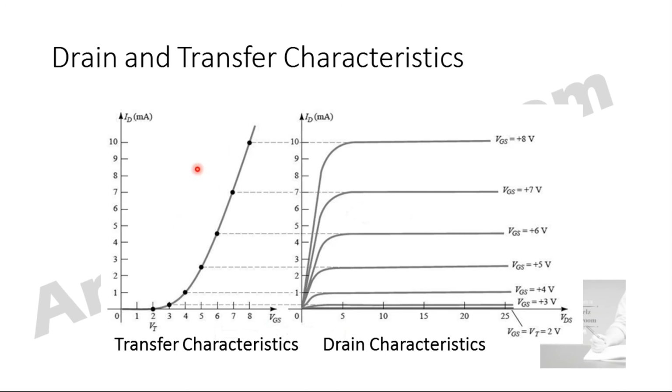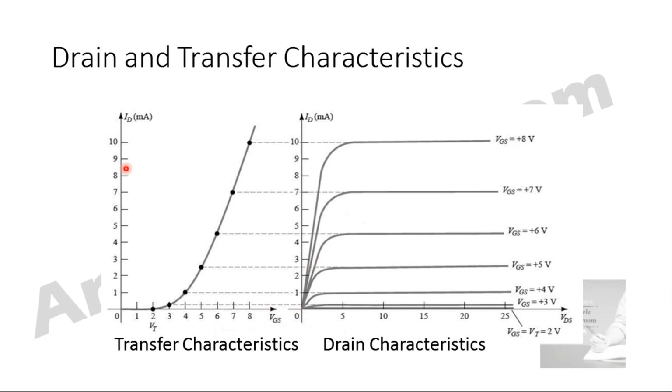So these are the drain and transfer characteristics. On the right hand side, you will have the drain characteristics, and VDS is drawn in the positive region. When VGS is equal to VT, that is your threshold voltage, only at VGS equal to 2 volts is the drain current produced and a graph is drawn. For consecutive constant values of VGS, I am going to draw the curves.